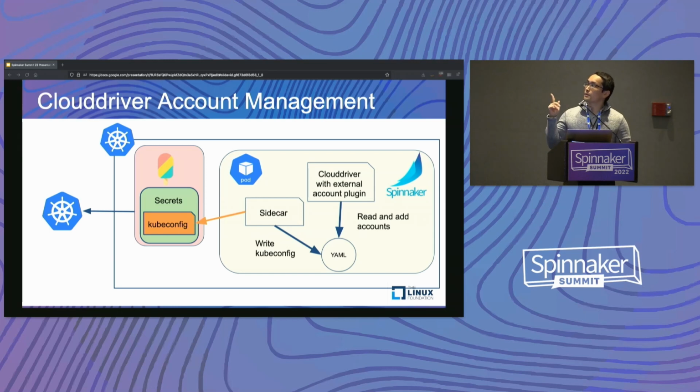And this Clouddriver has its own plugin. It's the external account plugin. I think this was developed by Armory people. What this plugin is going to do is just read that file, the YAML file, and then add these accounts into Spinnaker's memory. And then, if you remove an account from the YAML file, it's also going to be removed from Spinnaker's